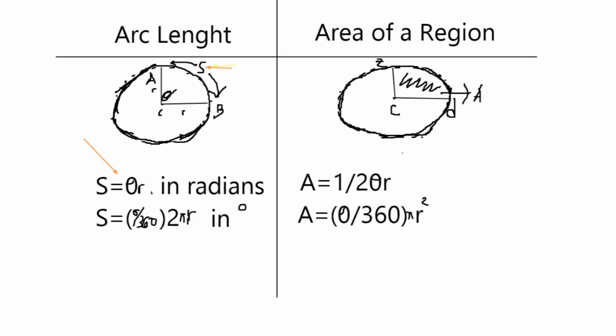And then it is defined as an equation as S equals theta times R kapag nasa radian siya. And naman, kapag nasa degree siya, theta over 360 times 2 pi R. And meron rin tayong area of a region, which is kapag hinahanap naman yung area dun sa loob. So, area is 1/2 theta R squared kapag radian siya. And kapag degrees naman siya, it's theta over 360 times pi R squared. So, naka-label na dyan yung mga